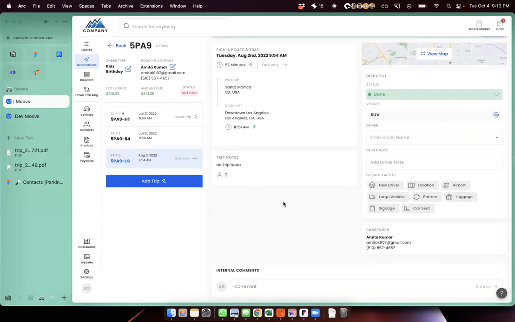Oh, you're saying like for GridNet? No, I'm talking about just for farm-ins. If I have a Moovs operator send me a run, at the bottom to be able to write internal notes. Got it. Okay, that's good. It was an oversight. No, it's a good call out. We'll definitely look into that, Joe. Thank you. Yes.